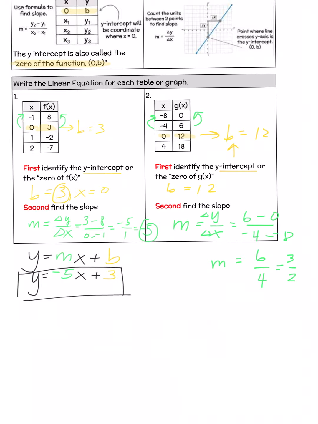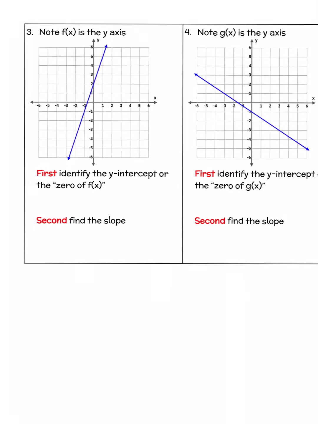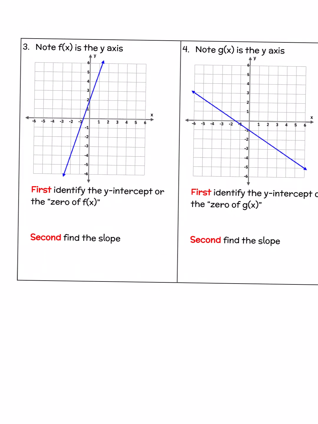All right, now I'm going to go ahead and move down to the graph. Okay, again, note these two things here. Note that f of x is the y-axis. Note that g of x is the y-axis. So it doesn't matter what they call the function. Okay, it's always the y-axis. So if it says h of x, z of x, p of x, it's always going to be on the